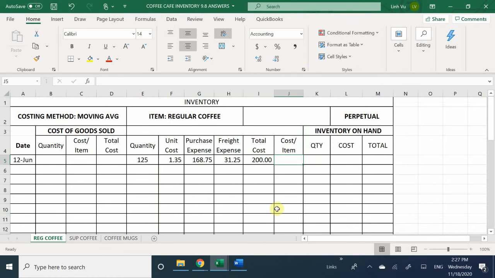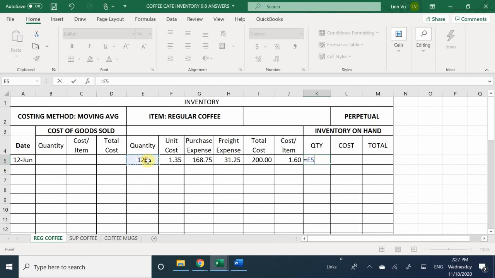Okay. And because it's my only batch here, what is going to be my cost per item? $1.60. So I'm going to take my 200 divided by 125 to give you 1.60. And because we're dealing with perpetual inventory, I'm going to transfer it across over into inventory on hand. So right now, I currently have 125 items costing me